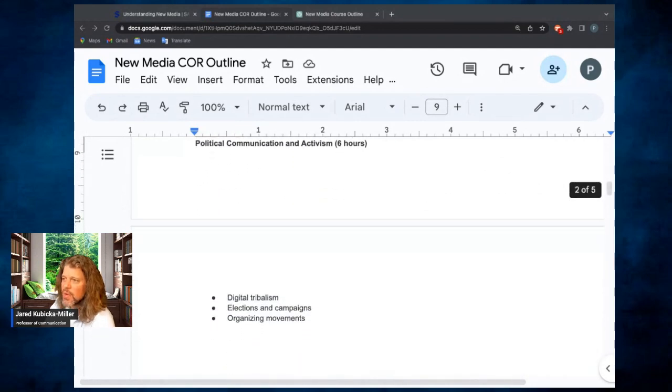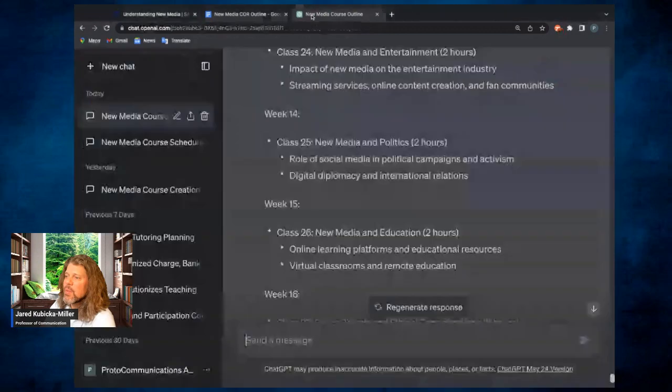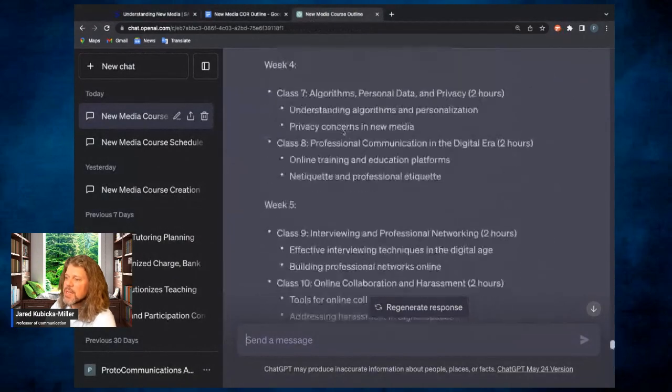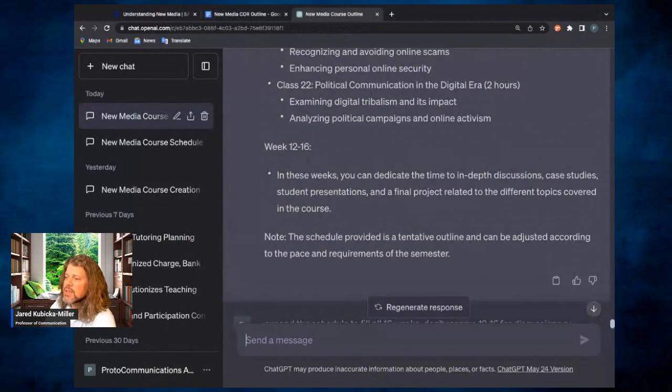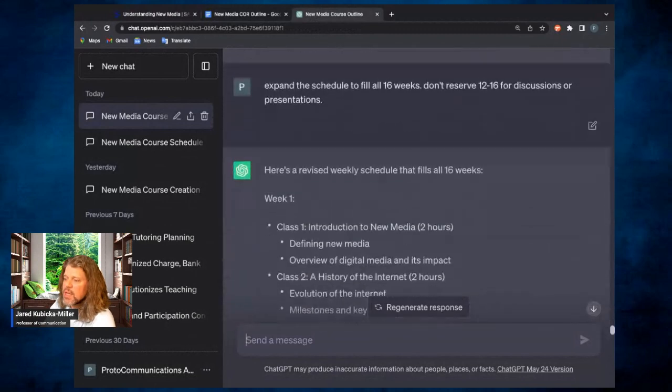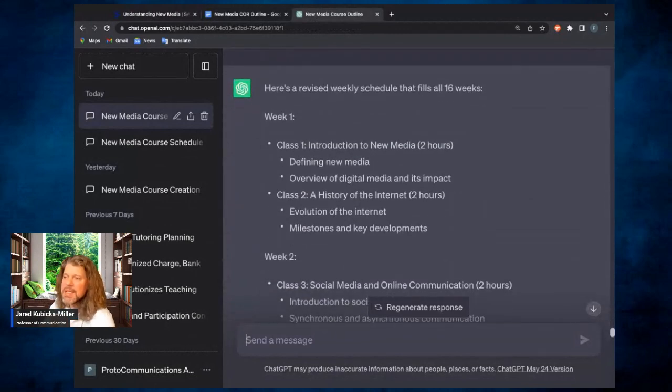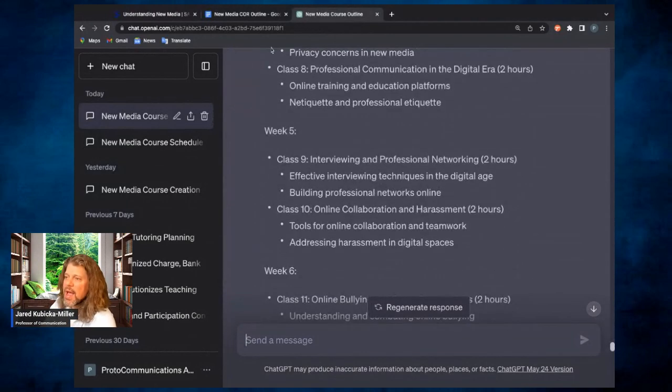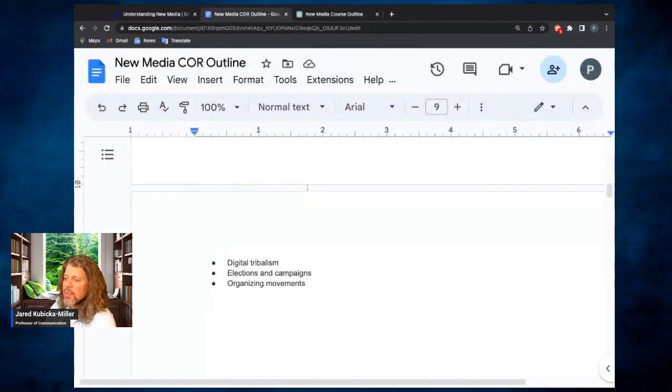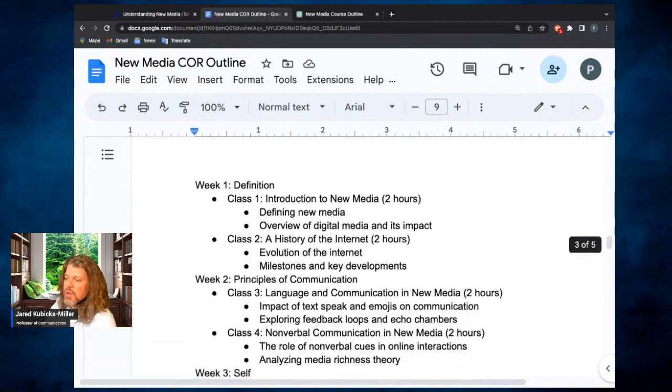And then I took that and went into ChatGPT and asked it to generate a course schedule for a 16-week course based on that outline of record. The results I put into the same document, but I modified it so it fit with something that I was more comfortable with and felt made more sense as a progression.